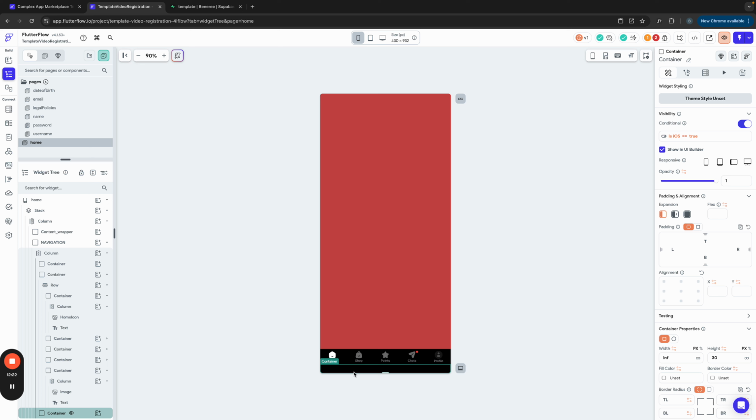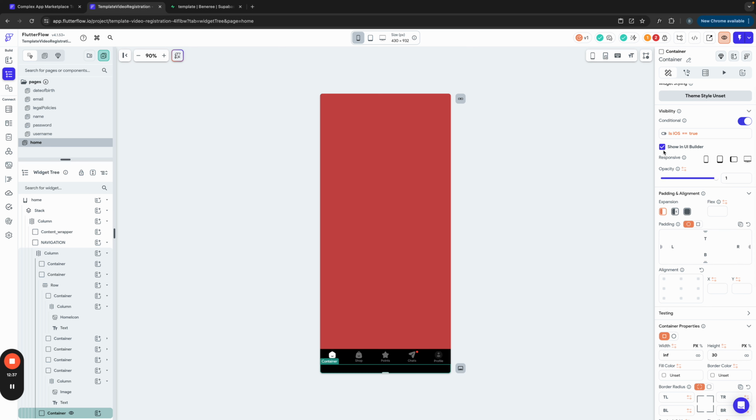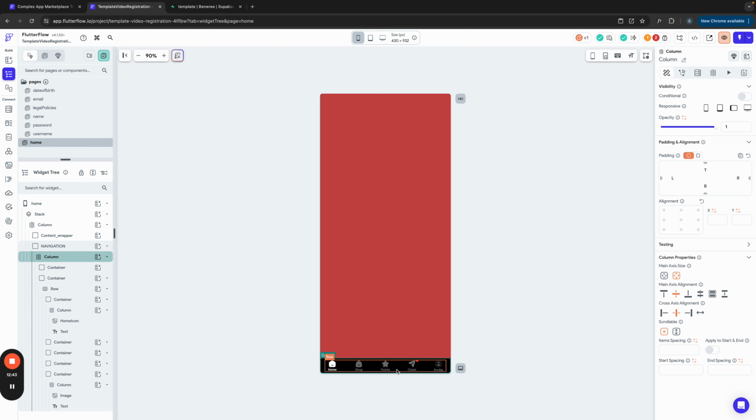You can do both. You can add a little container below and make it conditional visibility, which is about 30 pixels height, so you can see when I remove. If it's not iOS, it will be like that. If it's iOS, it will be like that. And there's another way, which I'm just doing now when I'm doing this kind of practice. I remove that, and then on that row I will do here